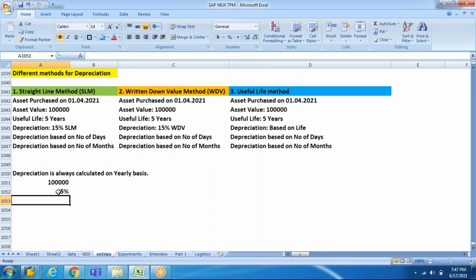And one more important thing that I need is the purchase date. This purchase date is also called the value date in asset accounting. This value date has a very important role to play in asset accounting. Your whole depreciation is purely based on and dependent on the value date. Now the value date here is nothing but the purchase date, which is